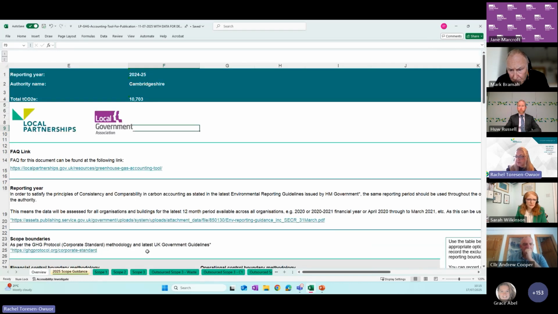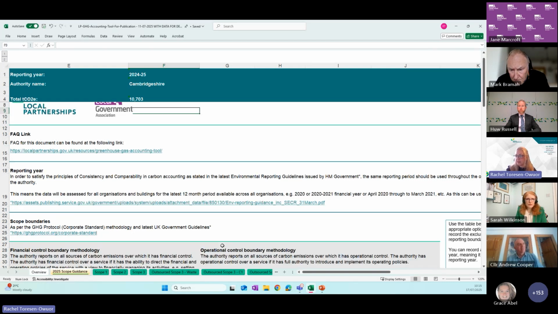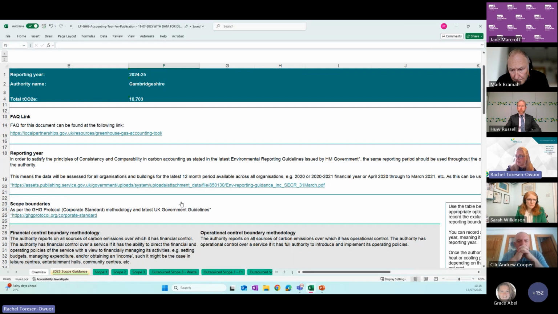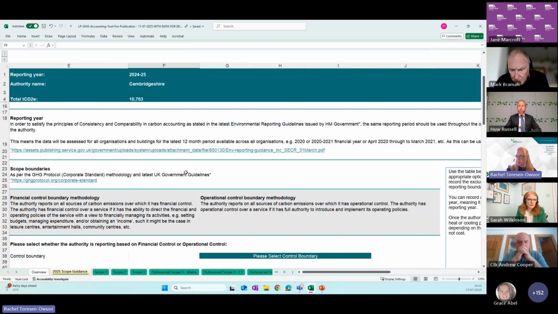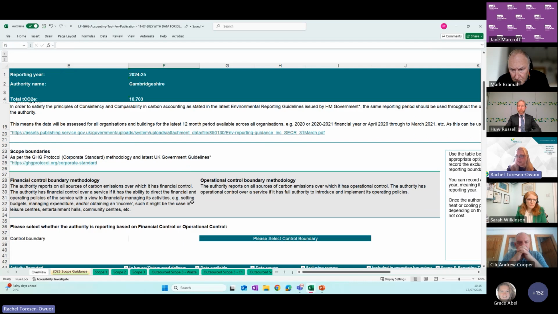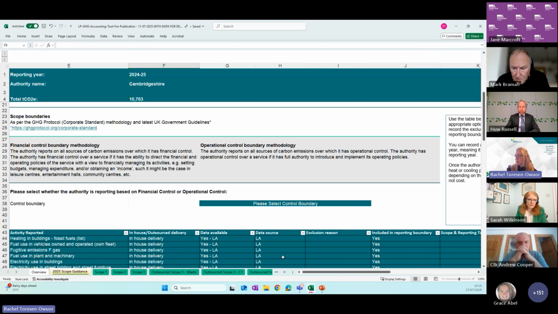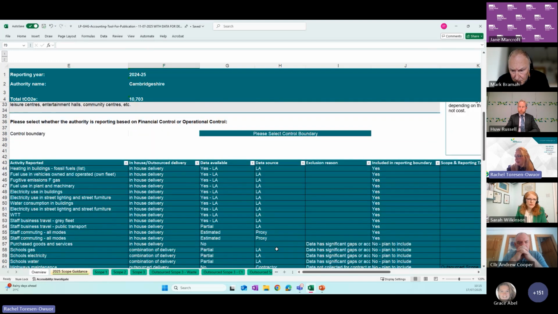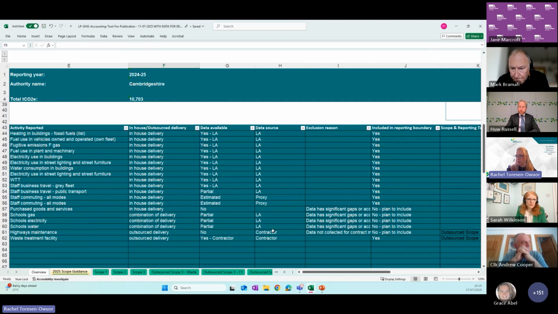This 2025 Scope Guidance tab has had somewhat of a refresh, so I'll walk you through what's updated in here. So you've got the live link to the FAQ on this front page here. You've got some guidance around your reporting year and the definition as set out in the Greenhouse Gas Protocol around reporting boundaries. What we've also now included in here is an updated table to capture what you are reporting and